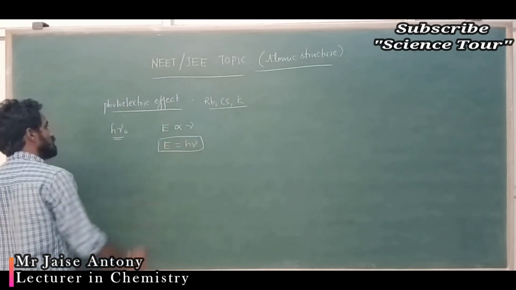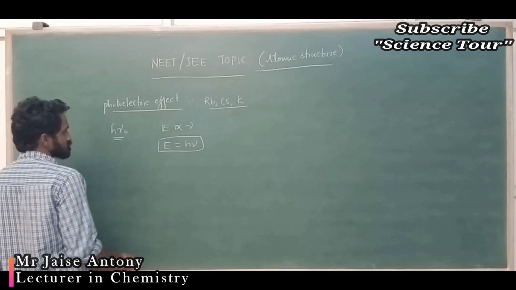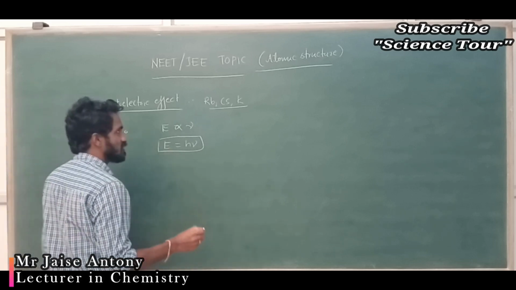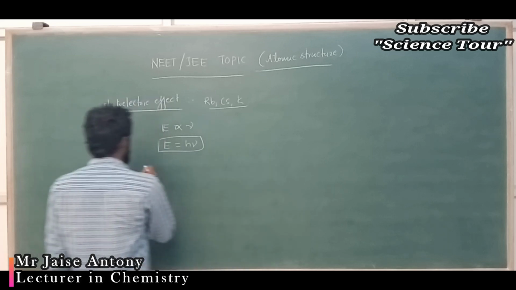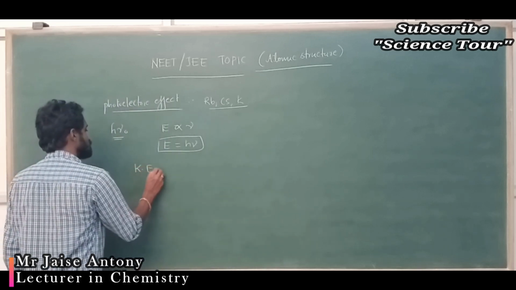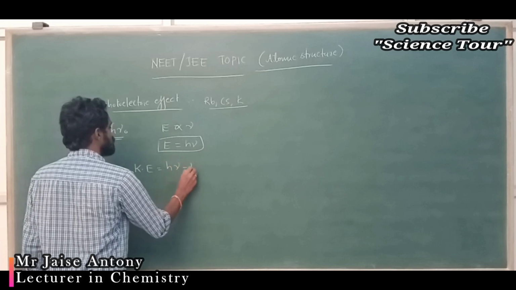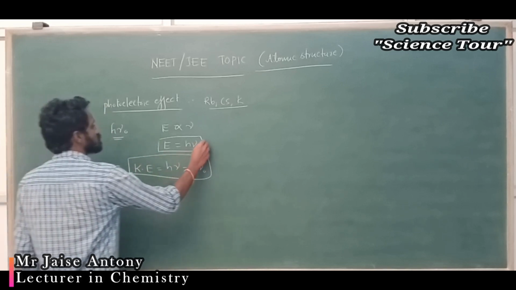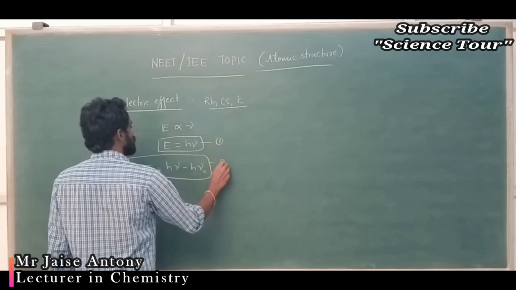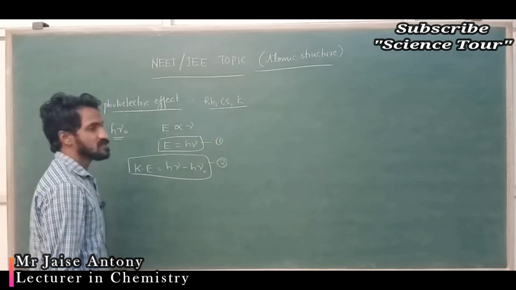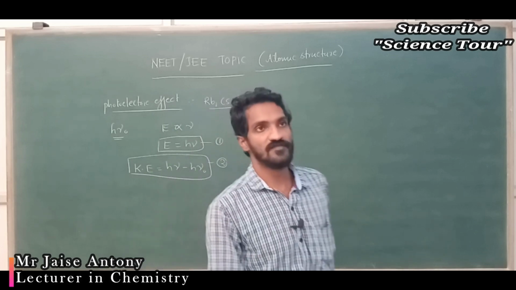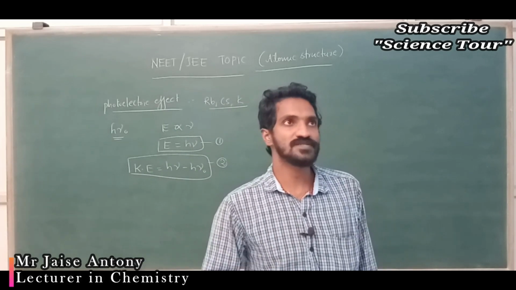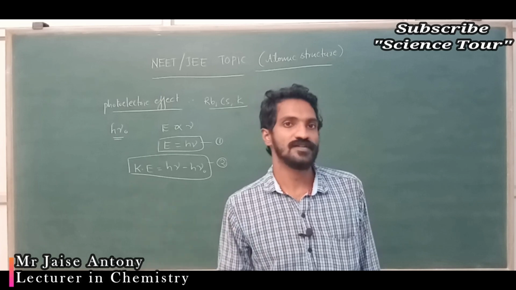So it is given E is equal to h nu, and it is also given, that I explained. One more part is there, kinetic energy is equal to h nu minus h nu naught. This is one more formula, note it down, my dear students, another formula. These two formulas we discussed in the photoelectric effect, we are not going to discuss them once again, because the discussion is already over, correct?